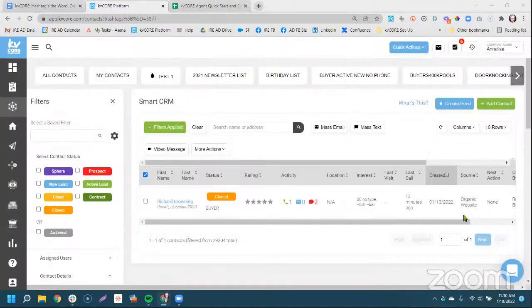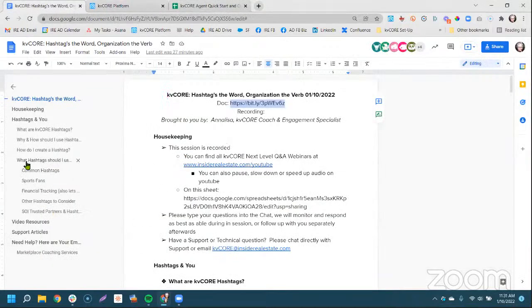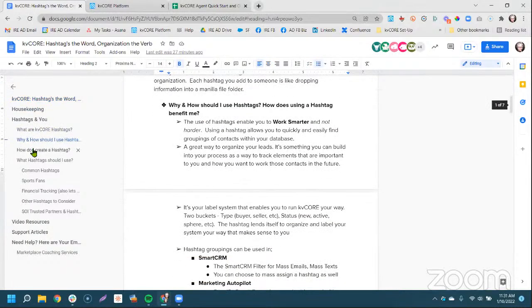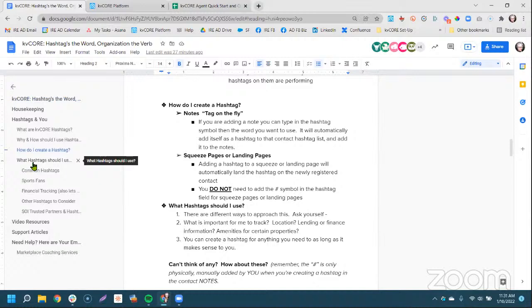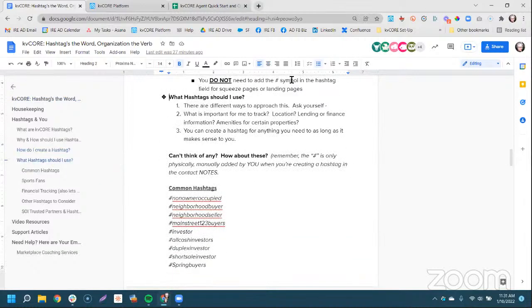So it's kind of a way that you can finesse that voyage. Then Brian's saying, hey, can you share a list of hashtags? Oh, Brian, I hope you're sitting. So we do have a list of hashtags. I have this whole section here. When you look at this doc, you can actually click these little guys here to go to each chapter. So what hashtag should I use? And boy, do we have a list for you.